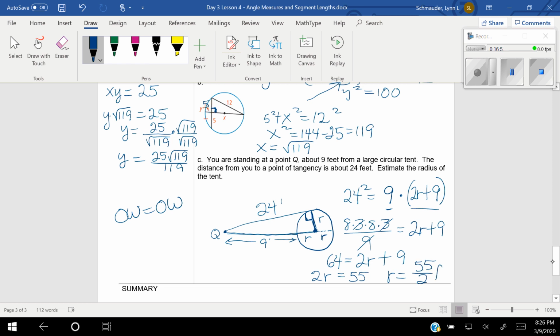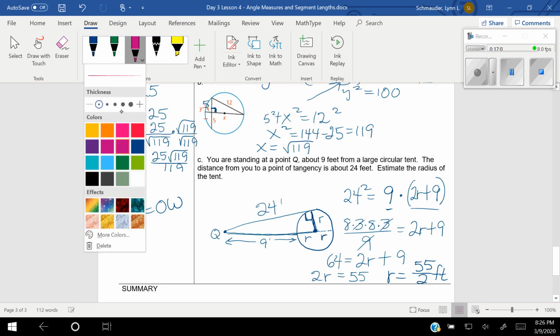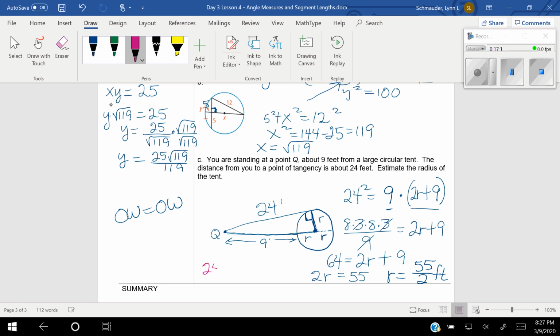What are we looking at here? Feet. I believe that's the correct answer, but please double check me. And you know what? Hey, if you don't believe that works, then use the Pythagorean theorem, right? Here would be the Pythagorean theorem if you were going to do that. It would be 24 squared plus r squared equals r plus 9 squared, right? So if you don't believe this theorem here works, then do the Pythagorean theorem and see if you get the